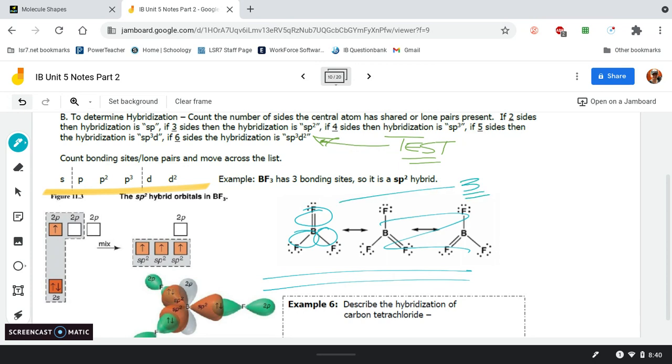It has 3 attachments. So what I do is I come over here and I look at the thing I told you to memorize, and you just count over. 1, 2, 3. And then you take the highest value for each letter. So this would be